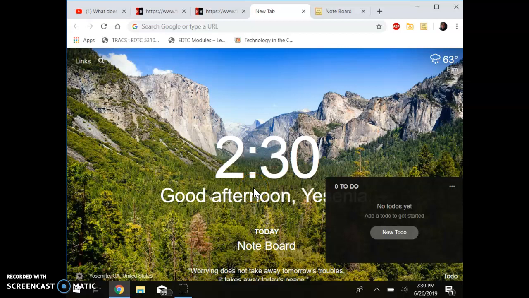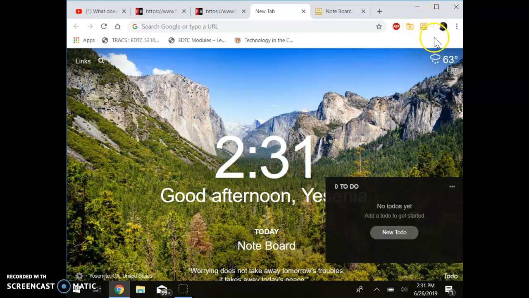Today I'll be guiding you through a new app I downloaded on your computers called Noteboard. It's great for personal uses like saving sources for essays, which is actually what we will be doing with it today. Let's get started. Since Noteboard is a Google extension, you will always find it on the top right corner,